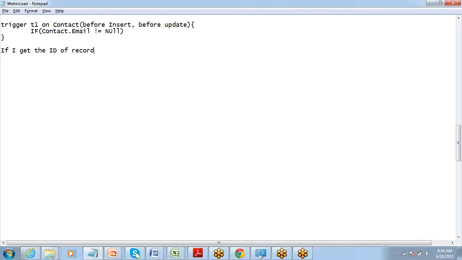The problem with this logic, though we are actually heading in the right direction, is that if I'm talking about before insert, the ID is not yet generated. Correct? Yes. So that's one small challenge.